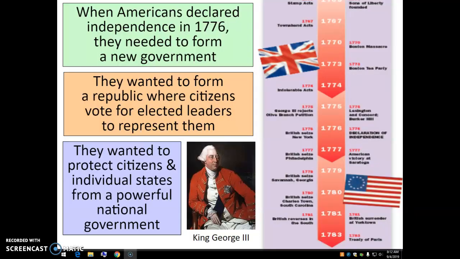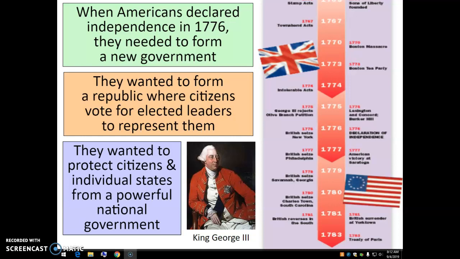Just to put us in a time frame, in 1776 we declared independence on July 4th, and now we are in need of a new government. So we're fast tracking a little bit to 1777 when the Articles is going to be ratified. The people in Philadelphia know that they want a democratic or a republican system of government. They want a system that will restrict the power of a tyrant, that will not allow for a strong national government. They want stronger state governments.